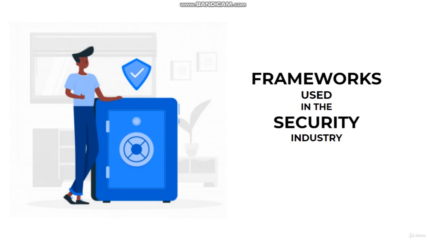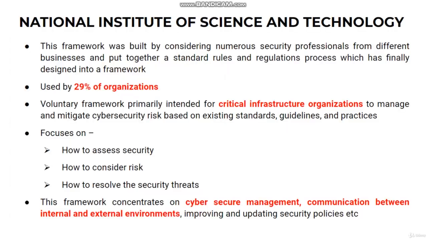In this video, we are going to see the different types of frameworks which are used in the security industry. So the first framework that we are going to see is the National Institute of Standards and Technology Framework, which is NIST. The NIST Cybersecurity Framework provides a policy framework of computer security for private sector organizations in the United